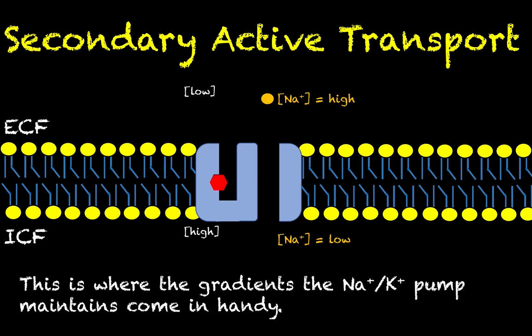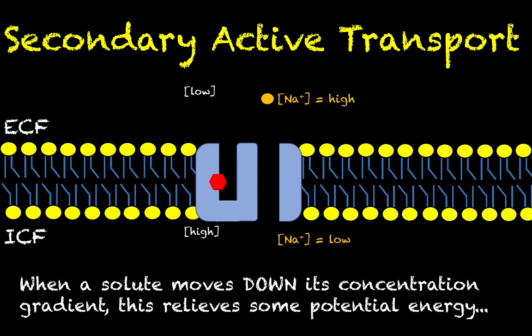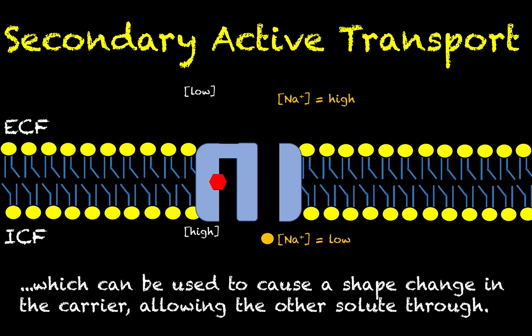Well, this is where those gradients that the sodium-potassium pump set up for us can really come in handy. In this case, we're going to make use of the sodium gradient. So in this particular case, we see that sodium is at a high concentration in the extracellular fluid. So when a solute like sodium moves down its concentration gradient, this is actually going to release a little bit of potential energy. So as sodium moves through, energy is released, and that energy, which gets funneled very nearby into this carrier, will allow that protein to shift its shape and its orientation,